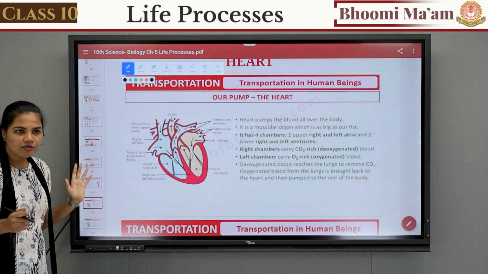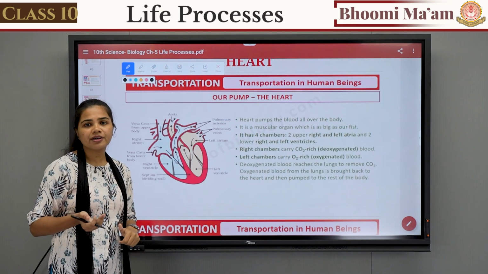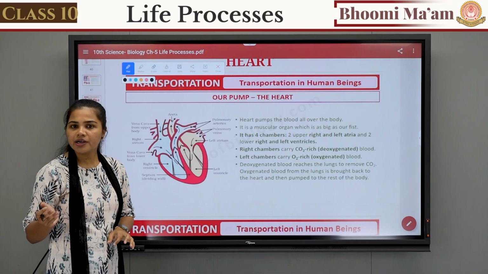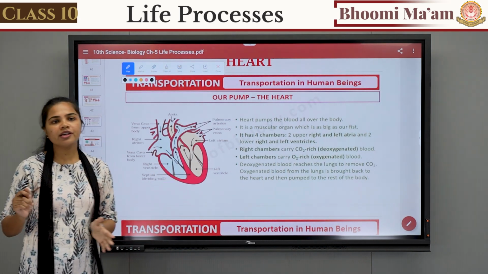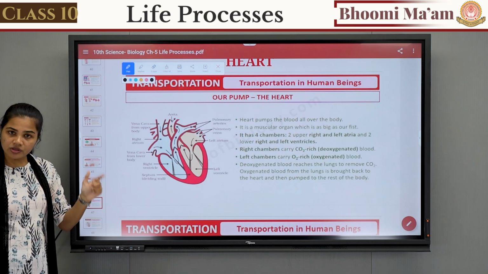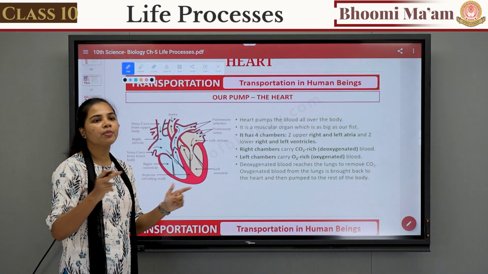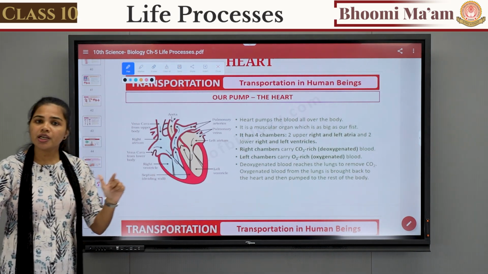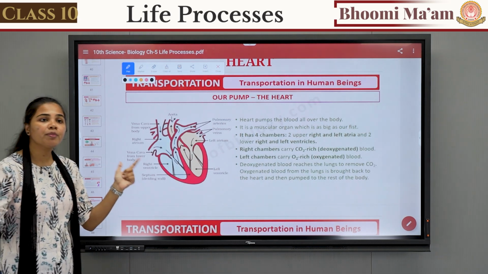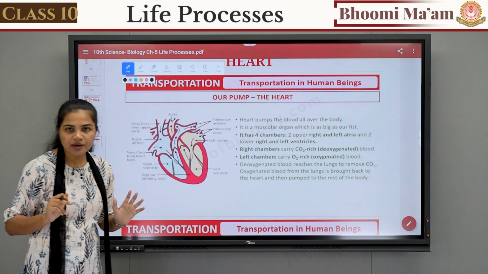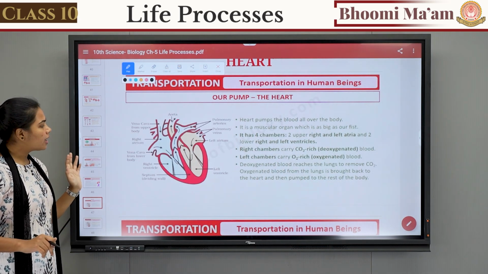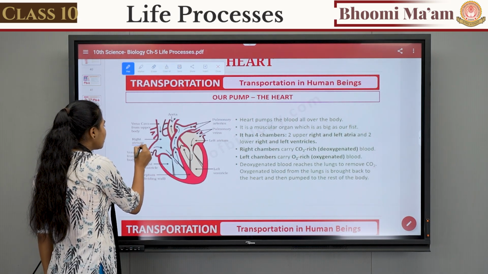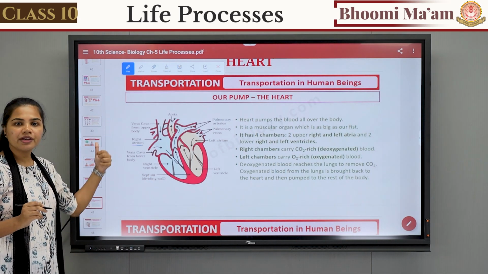Let's start with the role of the vena cava. Before that, you should know what arteries and veins are, right? Arteries and veins are blood vessels. The role of arteries is to carry oxygenated blood from the heart to different parts of the body. And what is the function of veins? To bring deoxygenated blood from different parts of the body back to the heart, right? Fine. So here, in this diagram of the heart, you can see the upper chambers, the right atrium and